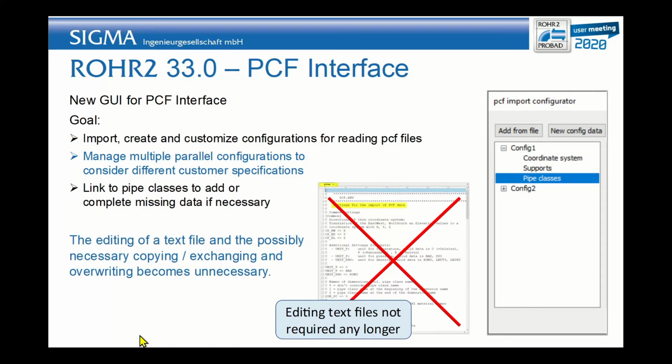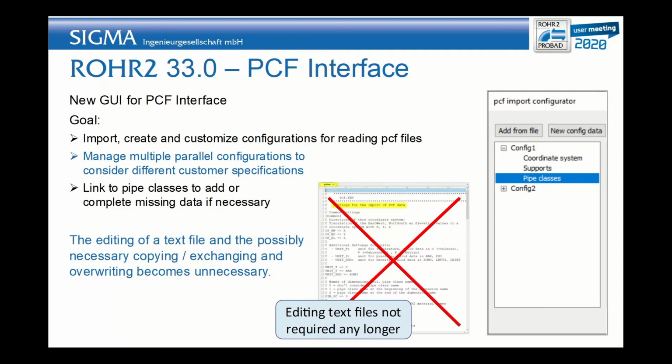Historically, when you were importing PCF files, the first step usually required adapting the import settings a little bit for RAW2, so that the corresponding PCF elements could be assigned to the correct RAW2 elements. As you might have different sources for PCF files, you don't necessarily have only one environment file to manage, and therefore we have now created a PCF import configurator which allows you to customize the configurations and manage